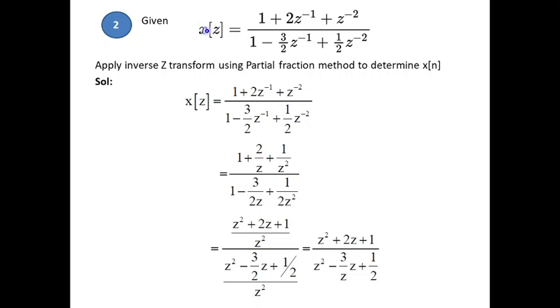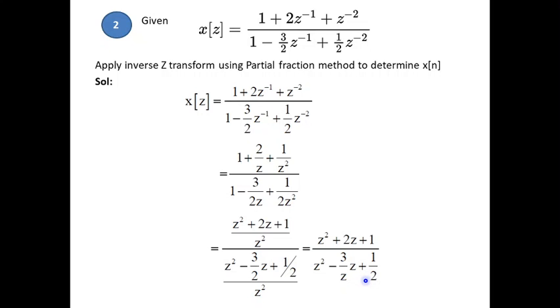So in this sum, x of z is given. We need to apply inverse z transform using the partial fraction method to determine x of n. As we know very well, all the negative powers have to be converted into positive powers. So z to the power minus 1 is replaced by z, z to the power minus 2 is replaced by z squared, and then take the LCM and simplify. We get this expression: z squared plus 2z plus 1 divided by z squared minus 3 by 2 z plus